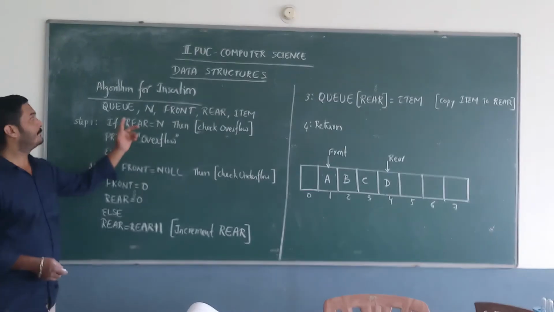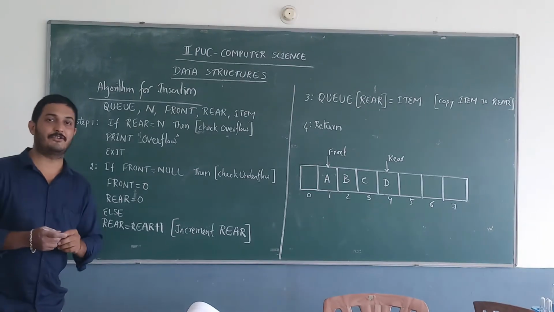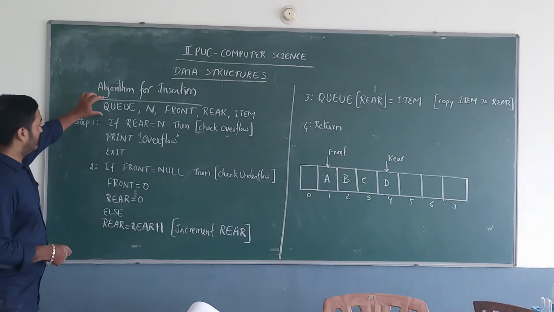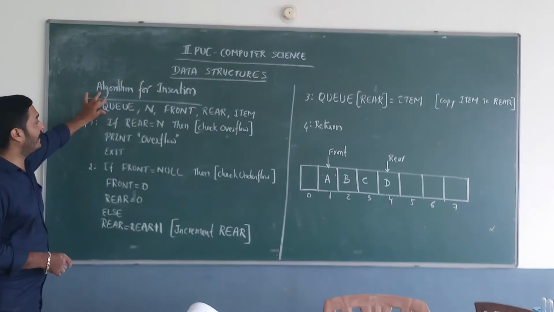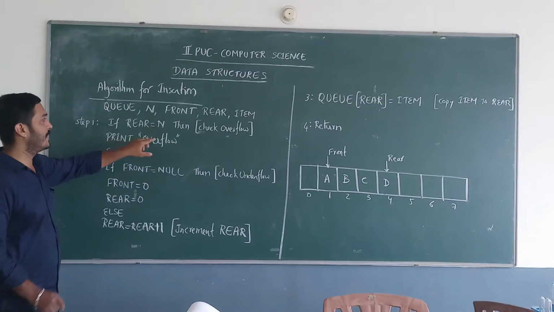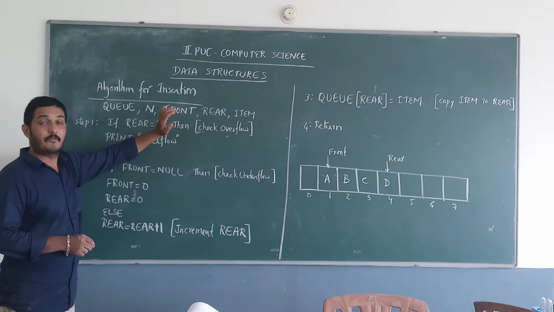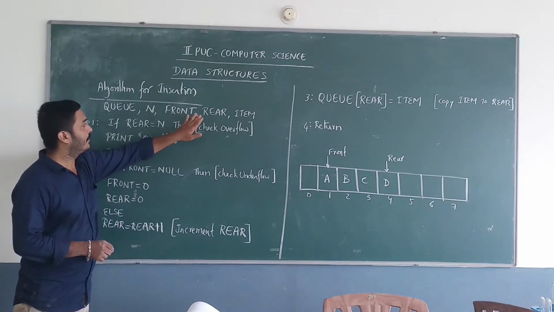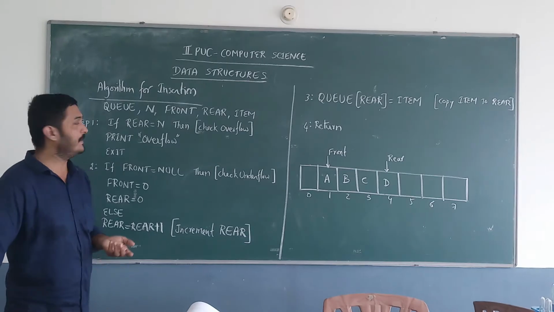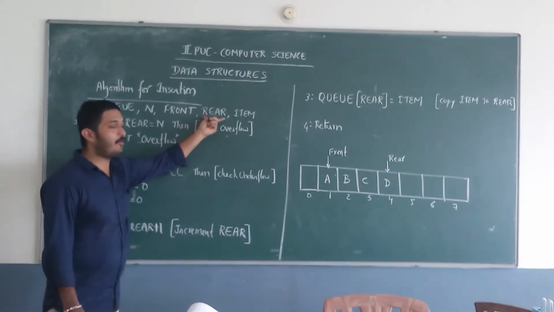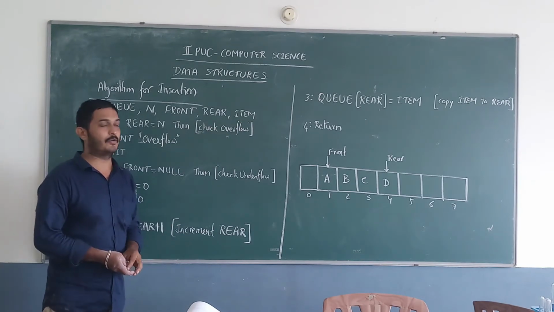Next, the algorithm for insertion. To perform the algorithm operation, first, Q is a one dimensional array and n is the total number of elements, and front and rear are 2 pointers. Front is to locate the first element inserted and rear is to locate the last element inserted. Suppose you want to insert one more element, then the value of rear will be incremented. Next, item is the element to be inserted at the particular location.